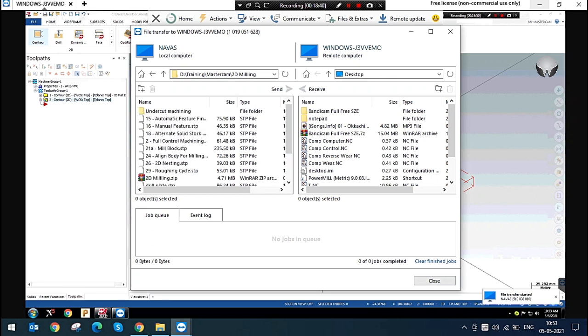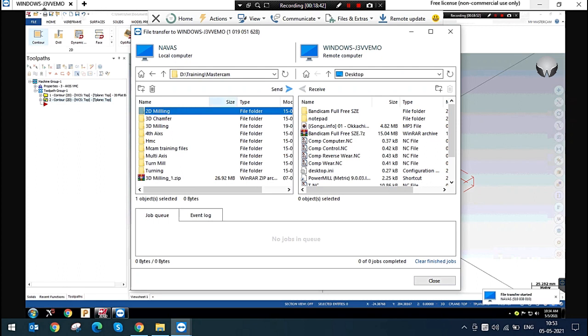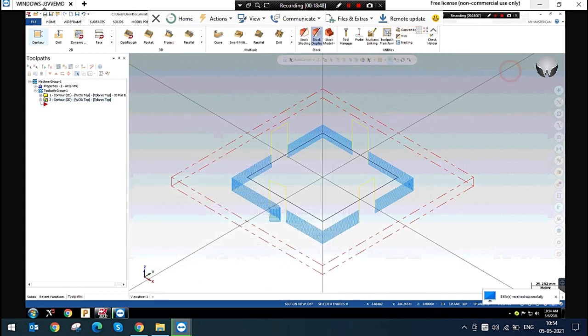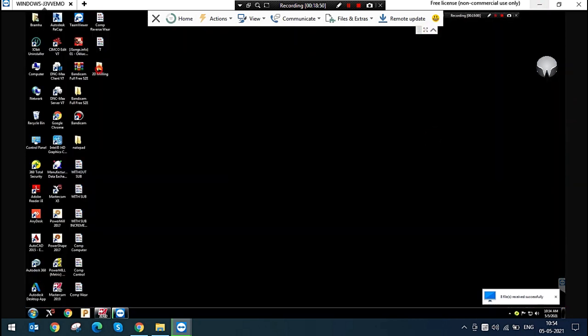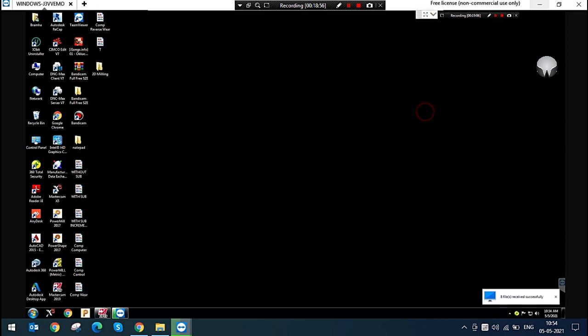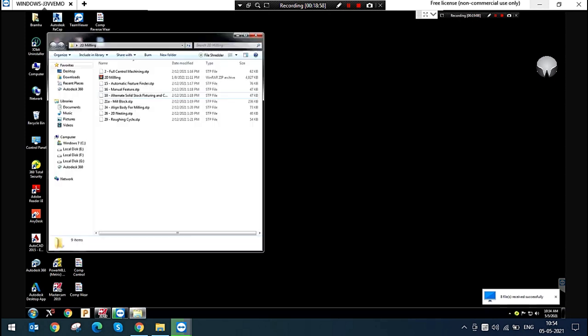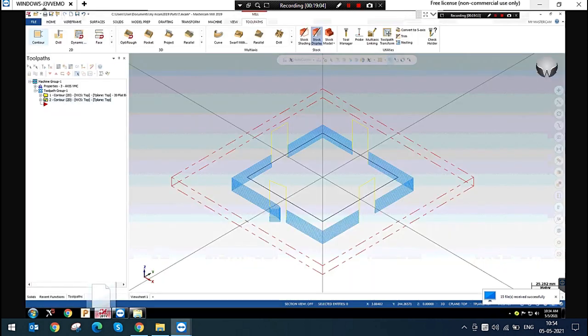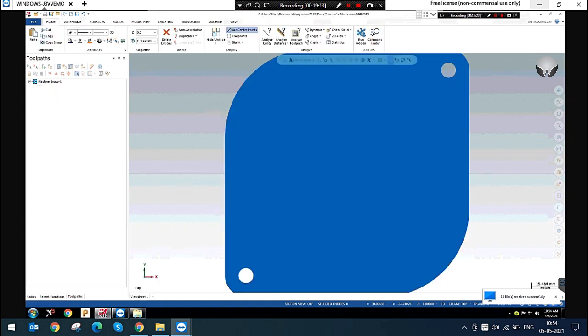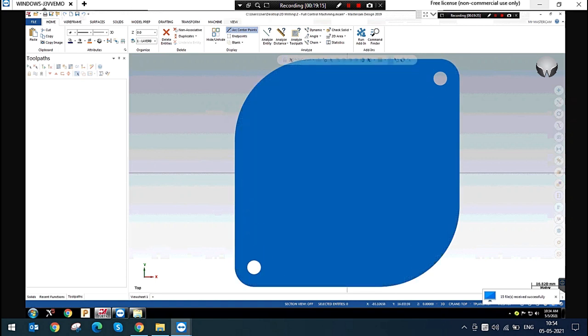I will paste them on the desktop. The models are for 2D milling.